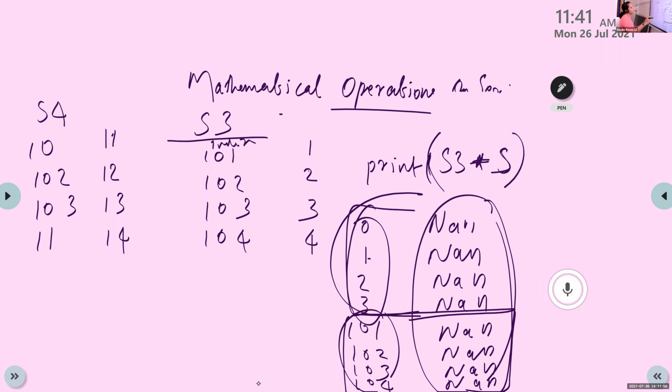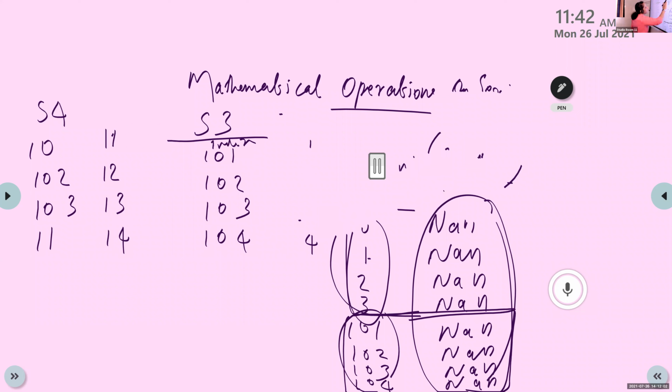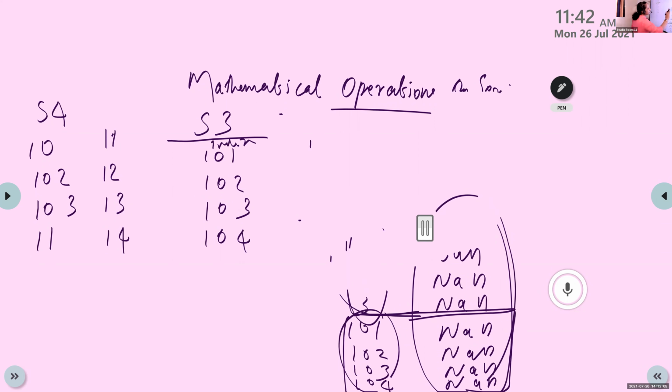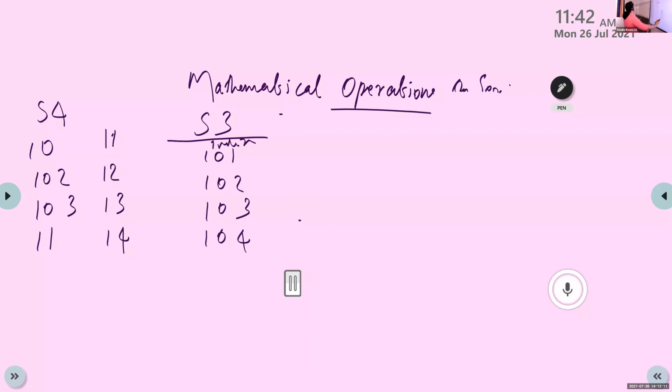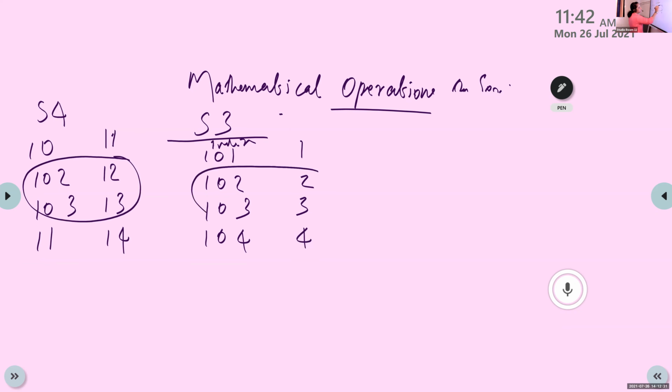So this is the case if the index is different. Then consider another two series. Write the two series. S4 is 10, 102, 103, 11. And S3 is 101, 102, 103, 104, and the values are 1, 2, 3, 4. Okay. Here, some indexes of S4 and S3 are the same. So the result of S4 plus S3 is